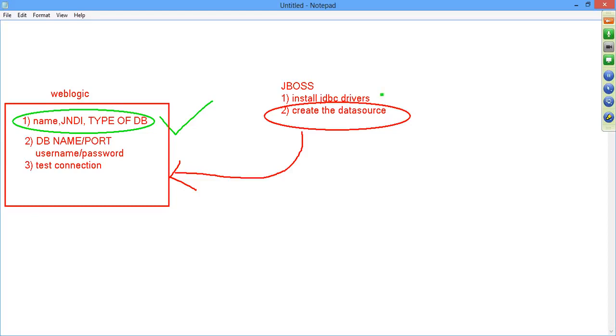Now the driver installation can be done in two ways here. One is as an application, the other one is as a module. It means the jar file is how the drivers come. So you can install the driver as an application, or else as a module. Both ways it can be done. Alright, once the drivers are installed, then you can create